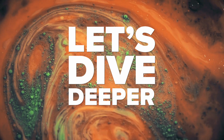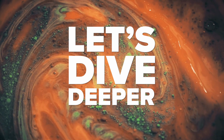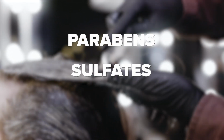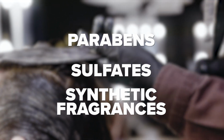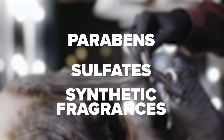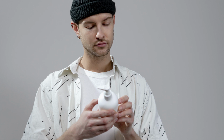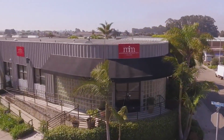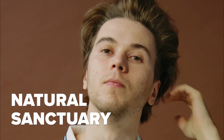So let's dive deeper into the toxic ingredients commonly found in mainstream hairstyling products. Ingredients like parabens, sulfates, and synthetic fragrances are widely recognized for their harmful effects, yet they are still present in men's hair products. This is where Morrocco Method steps in, providing a natural sanctuary for your or your loved one's